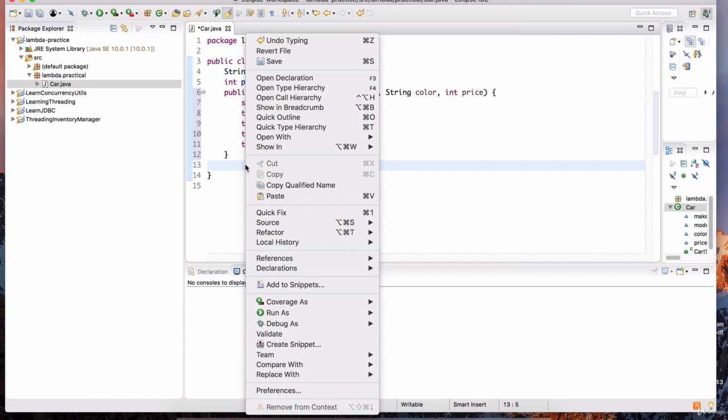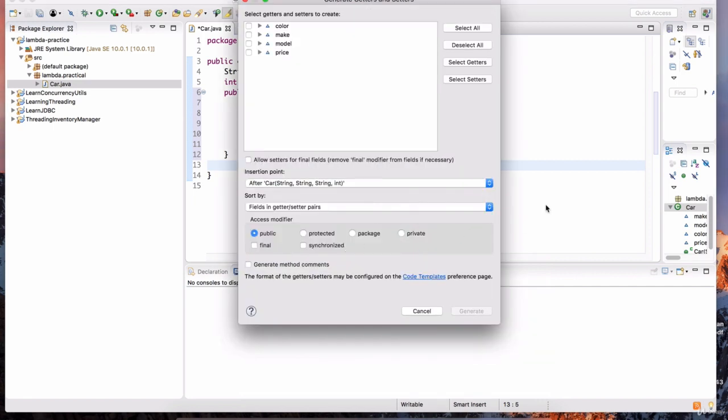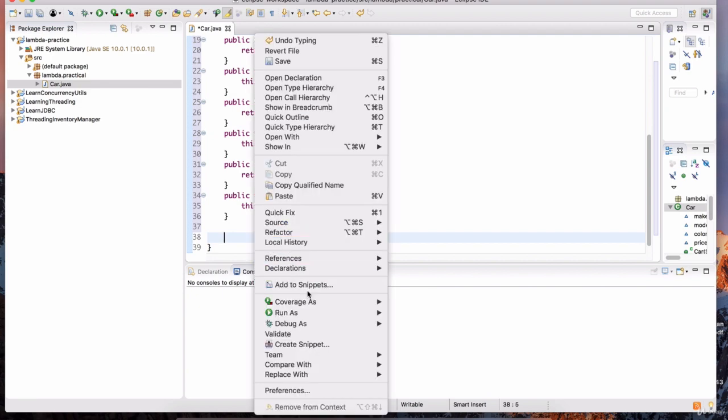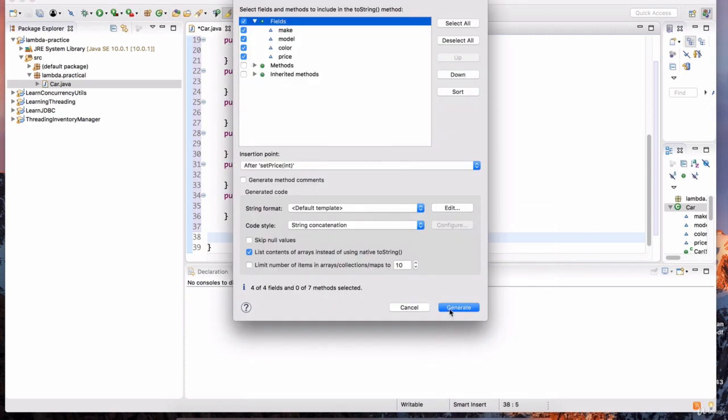And now we're going to generate the getters and setters. So right click, source, generate getters and setters. Where is that? Right here. And select all. And then finally, we also need a toString method so that we can print this object in a user reader-friendly way. So right click here, source, generate toString, and we're going to leave those fields,